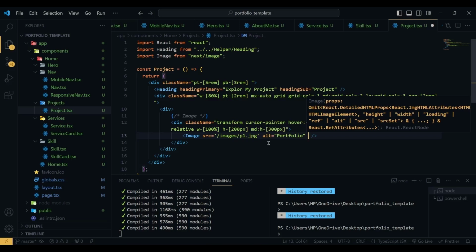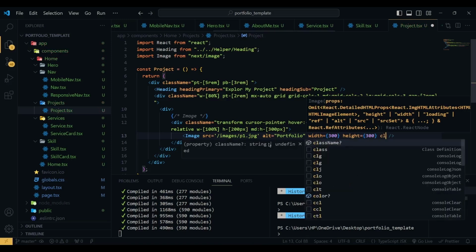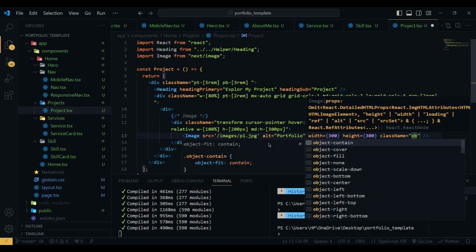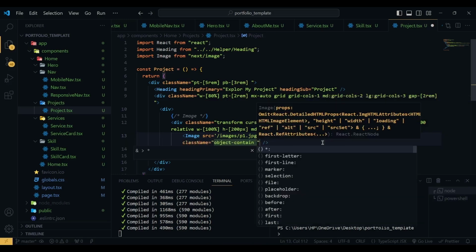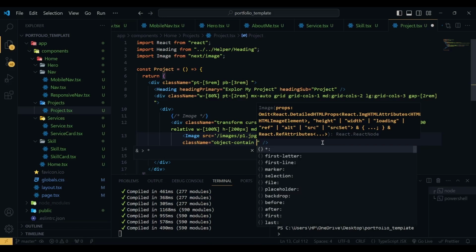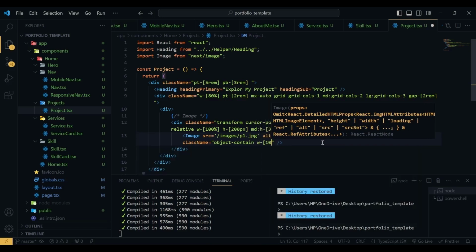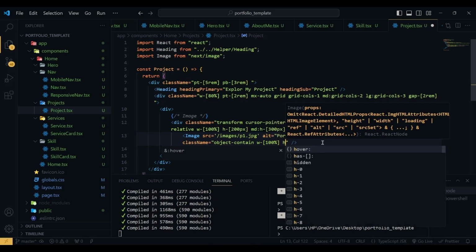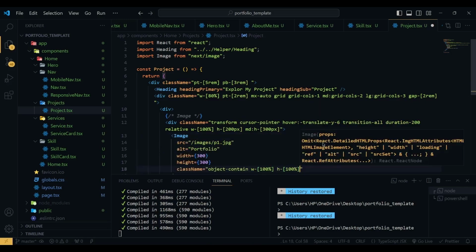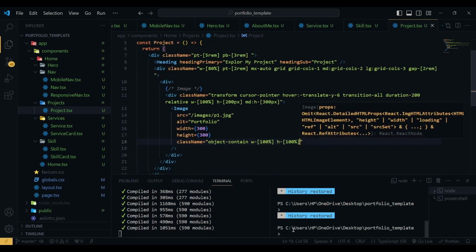Then for the width 300 pixel, height 300 pixel, we have a class name of object cover, and then we have width of 100%, height of 100%. So that's it. Now if I check,